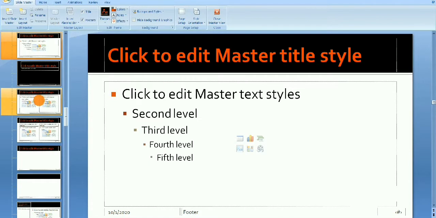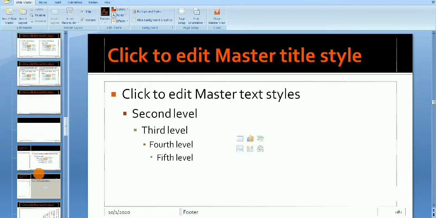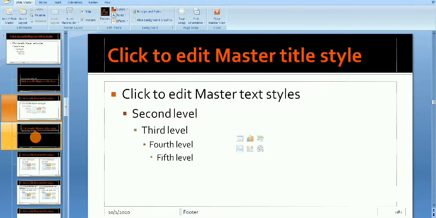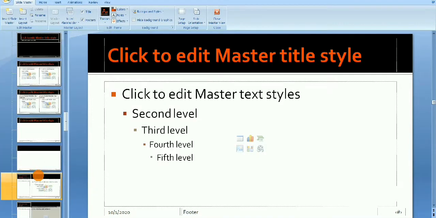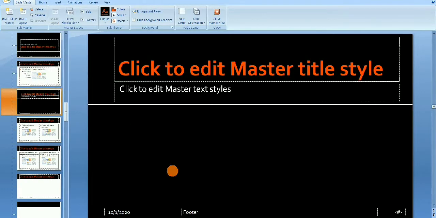Then you can see the different types of placeholders or layouts of your presentation or slide. You can see on your left side, as you can see it here, there are so many different types of layouts. You can choose any one of them for your slide. Now I'm going to choose this type of layout. If you don't want any placeholder in your slide, you can just select it and press the delete button. Then you can delete the placeholder from your slide.